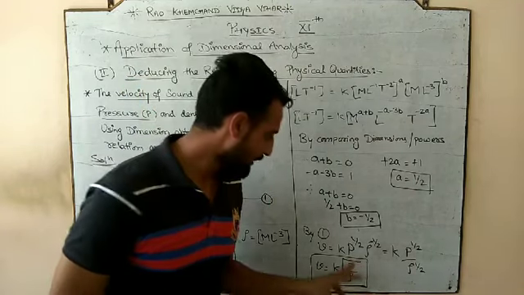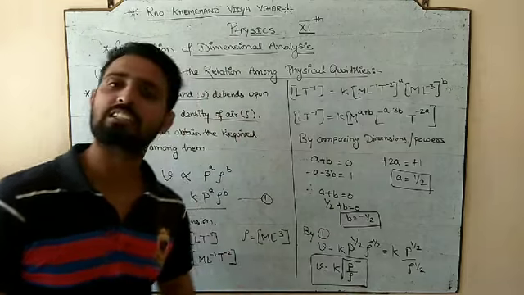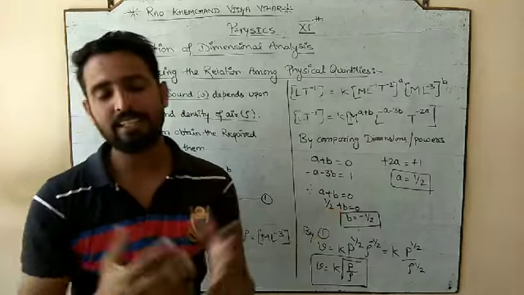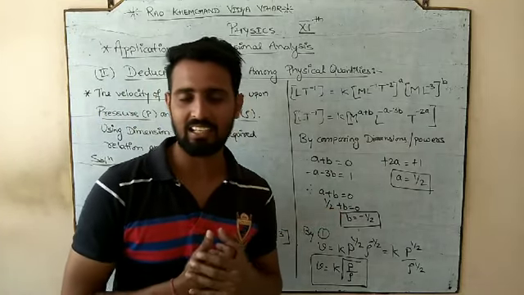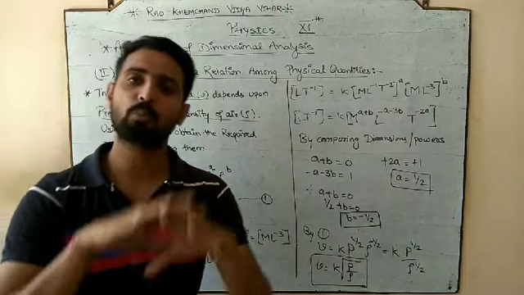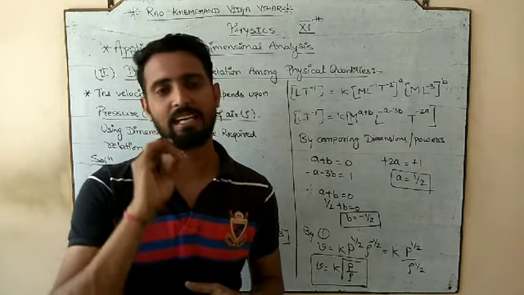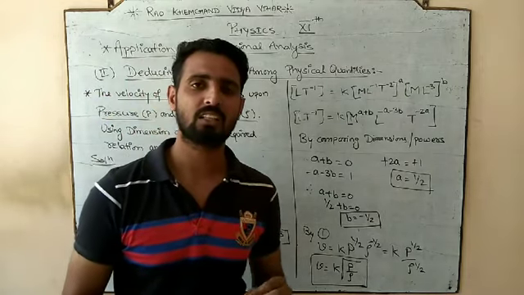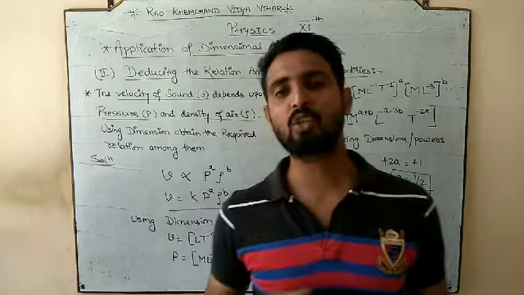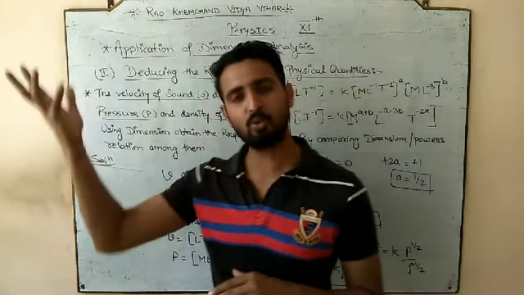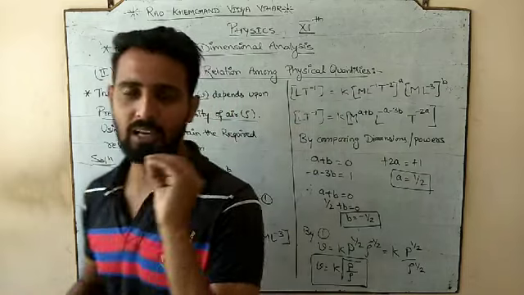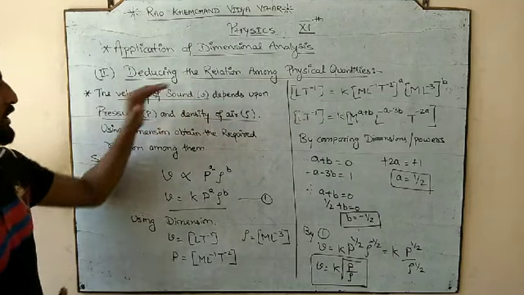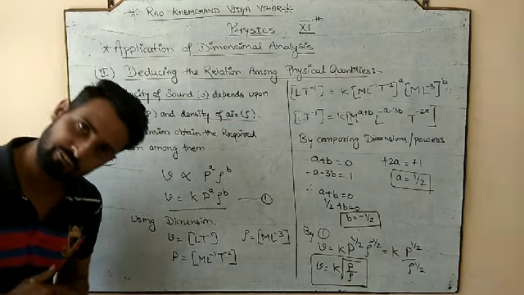of dimension. But in terms of pressure and density we have well defined it, and dimension helps us to derive the formula, not completely 100% that you take it practically, but to make the frame of the formula, it is a very important and mandatory part, and it is going to be used not only in this chapter, various times in part 2 of the physics. So when we study part 2 of the physics, we are going to use this formula or this method to derive various formulas. So here we have the second application, deducing the relation among the physical quantities.